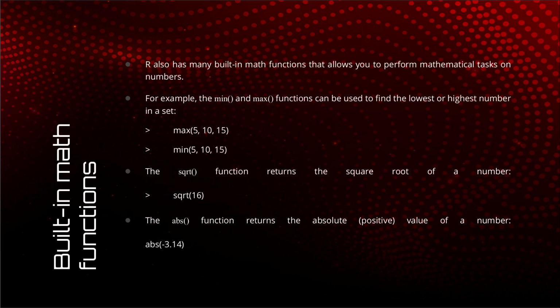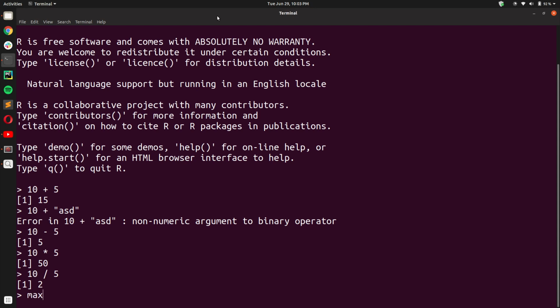Now that all four basic mathematical operators are covered, let us move on to the built-in mathematical functions. Let us first start our discussion with the max and min functions. These two functions can be used to find the maximum and minimum values respectively in a given set. Let us first see how we can use the max function. Let us say we have a set with three numbers, 1, 2 and 3, and we want to find the max of these values. It is very simple.